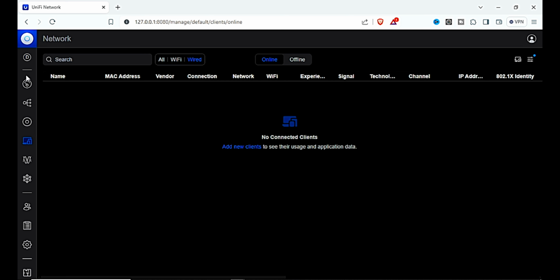At the right side, or the right tab, we can see radio TX retrace. When you click it, it tells you all connected devices, just like where we just went to. So let's go back there again. Now